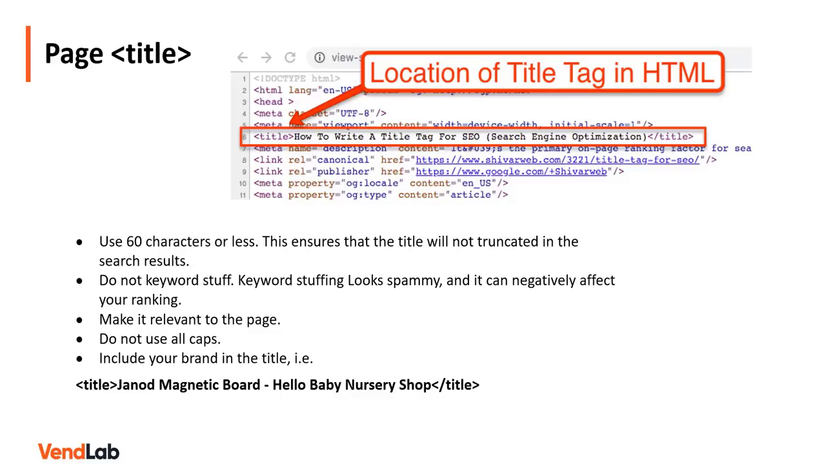The page title, also known as the title tag, is one of the most important SEO elements. This is how it appears in the code, title, and then the title, and then it finishes with the title tag here. You should use 60 characters or less, as this ensures that the title will not be truncated in the search results. Don't keyword stuff. Keyword stuffing looks spammy and can negatively affect your ranking. It needs to be relevant to the page and should include your brand. So down here, I've got an example for the magnetic board that should be magnetic board - Hello Baby Nursery